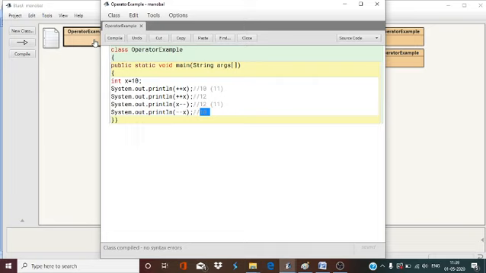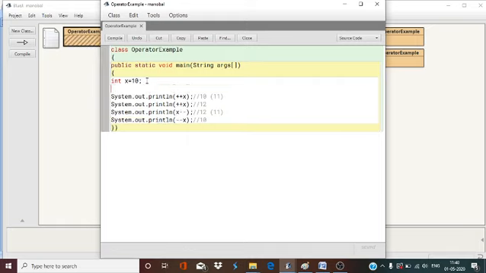Now I will show you what happens if you use this variable with the assignment operator. Suppose I use a third variable here, int y equals plus plus x. Then what will be the value of x? The value of x will be 11 and the value of y will also be 11.